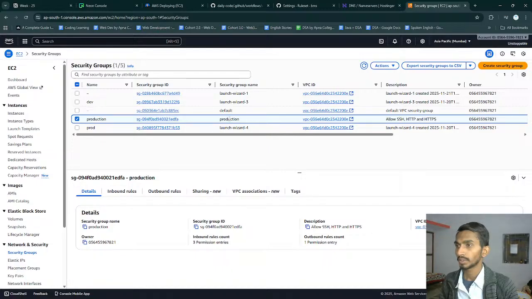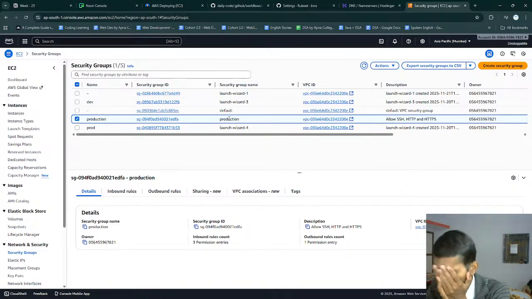Just ensure the description provides additional context, if needed. Okay, so I can just simply say that production security group. Ultimately, I'm getting two options, a name and security group name. Both of them are, why there are two things? Yes, typically there's a name field for the friendly name of the security group, and a separate security group ID field for the unique identifier. The name is what you see, while the security group ID is used programmatically. Would you like to clarify further, or proceed with anything else?